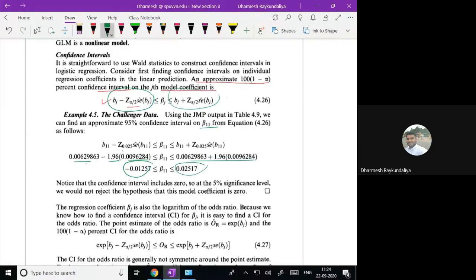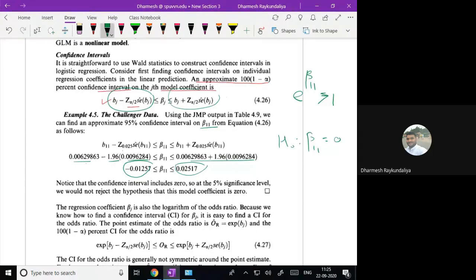I told you the decision of testing of hypothesis can be made in ways. One is that you look at the p-value. If the p-value is significant, we say that the null hypothesis is rejected. And what was the null hypothesis? The null hypothesis is that the regression coefficient is 0. So with p-value less than 0.05, we reject that; it is not 0. Another, I told you, is that you calculate the odds ratio, and if the odds ratio exceeds 1, we reject the hypothesis, because if you accept, e raised to beta 1 1, the odds ratio becomes 1.